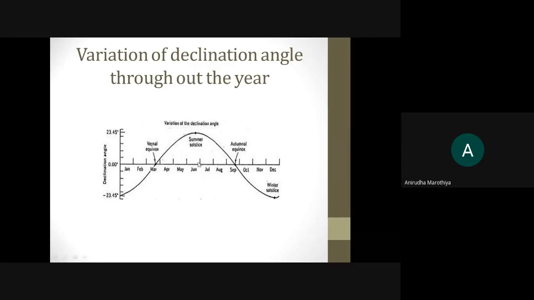Then in summer solstice, the value of del is plus 23.45. That means in the month of June or in the first week of July, you will see the value of del as plus 23.45. And then in autumn equinox, the value of del is again going to be 0, that means in the mid of September. And then it is going again in the northern hemisphere. So from this diagram, it is very clear how the position of sun with respect to earth equatorial plane varies, and that displacement we define by the concept of angle of declination.